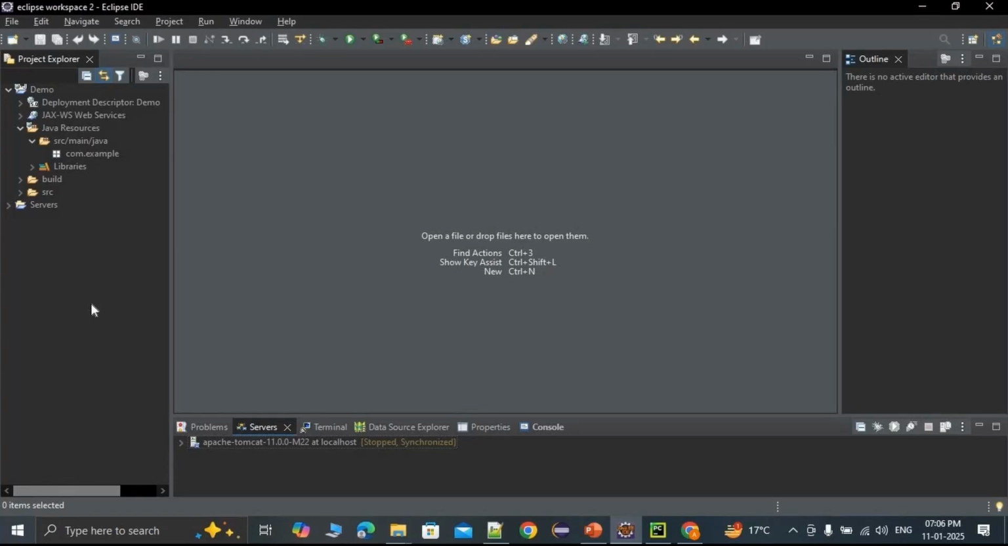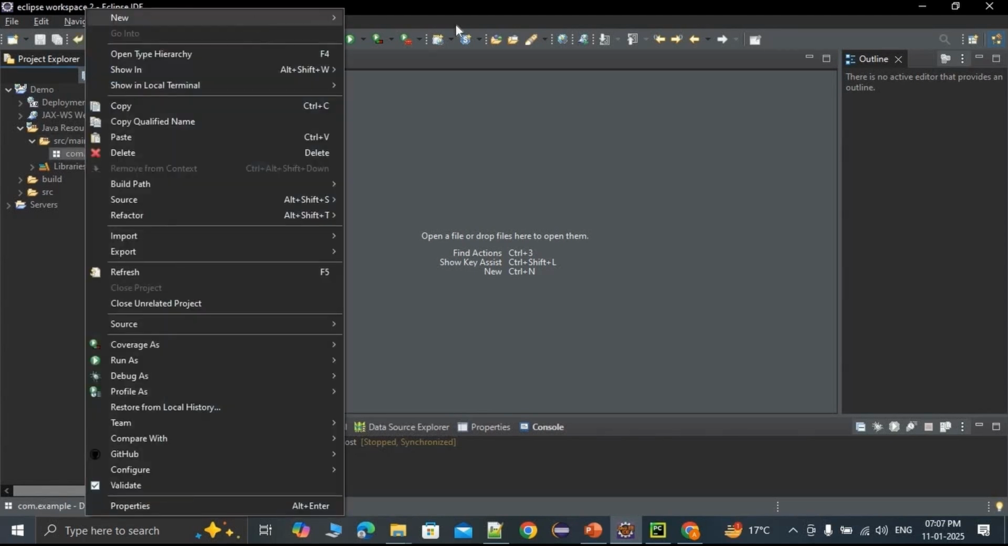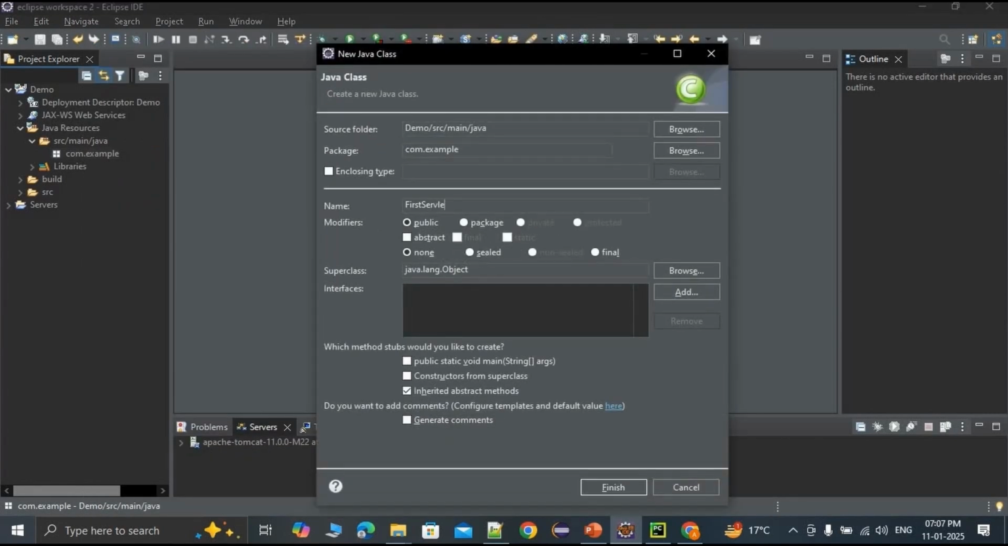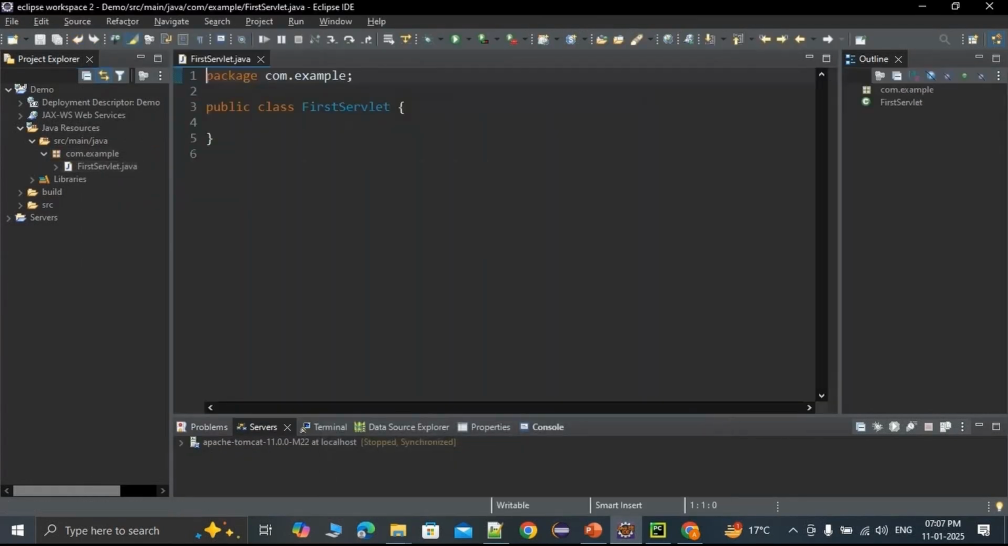I have created a blank project over here. In this we are going to create two servlets, and then we will be transferring data from one servlet to the other servlet using request dispatcher. So let's just create a class over here. I'll name it first servlet. In order to make it a servlet, we have to extend this with